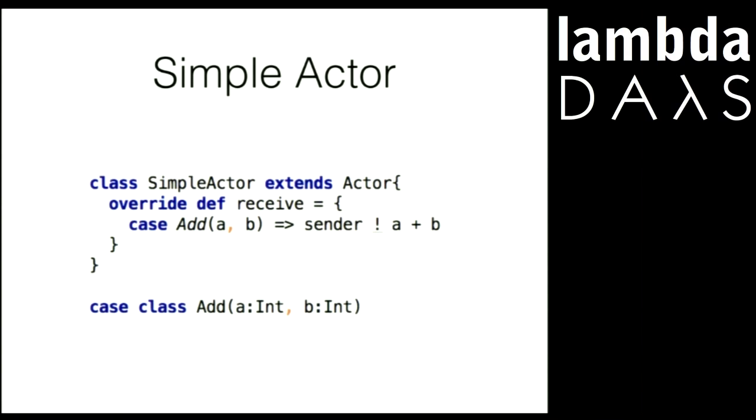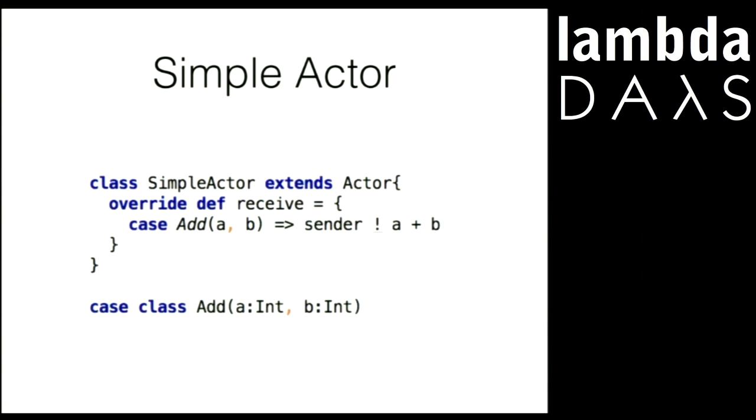Actually, I didn't tell you the whole story when I explained how the dispatcher handles the messages. Before it calls the receive method, the dispatcher sets a couple of fields on an actor object, and one of them is sender. So then the actor can send a message back to the sender,